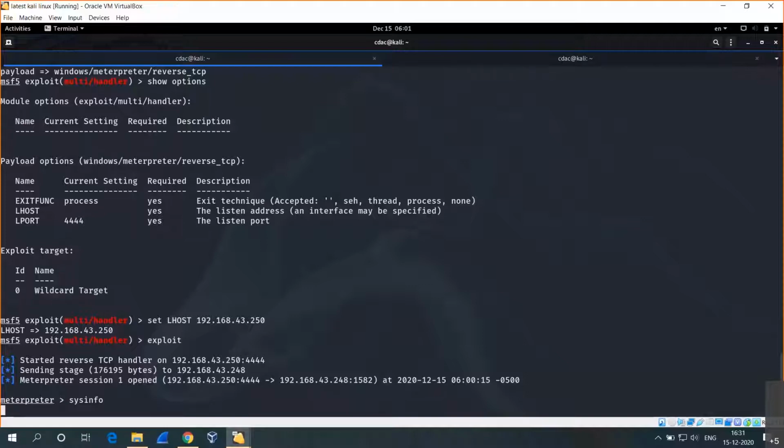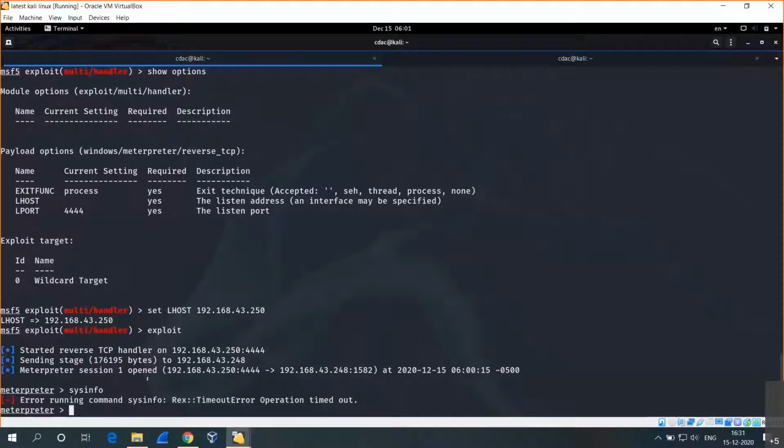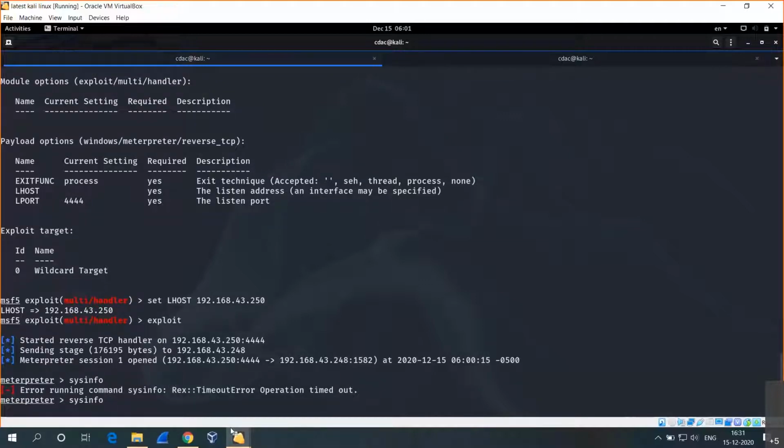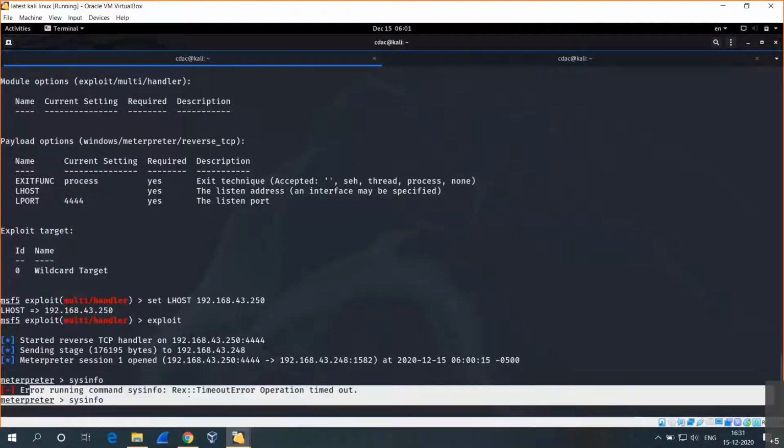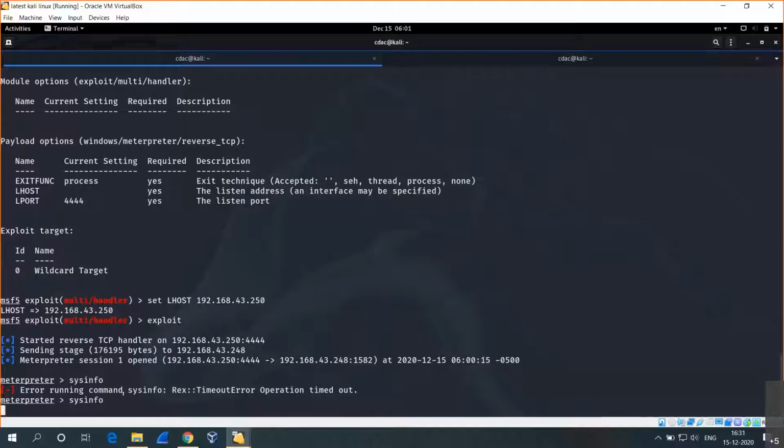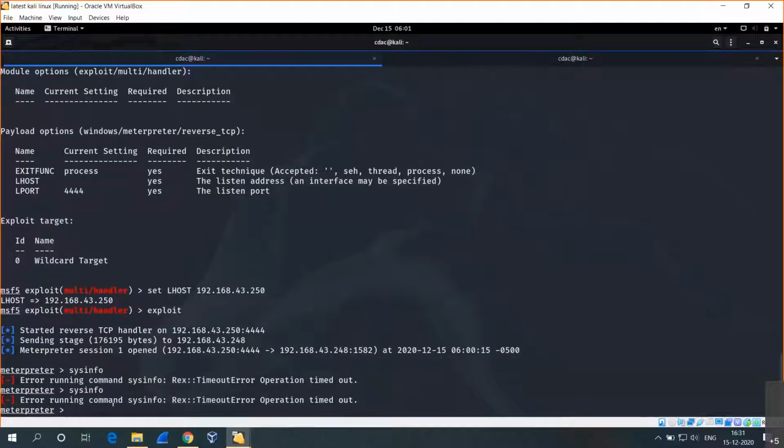There may be a problem in the reverse communication, so that's why this error is coming. I think the session is already expired. That's why it is showing like that. If we exploit that vulnerability successfully and get the shell, if we type the command sysinfo, what we will get is the operating system that is used. Even you can browse the entire operating system using the cd command. Cd means change directory, or ls for listing the directories.